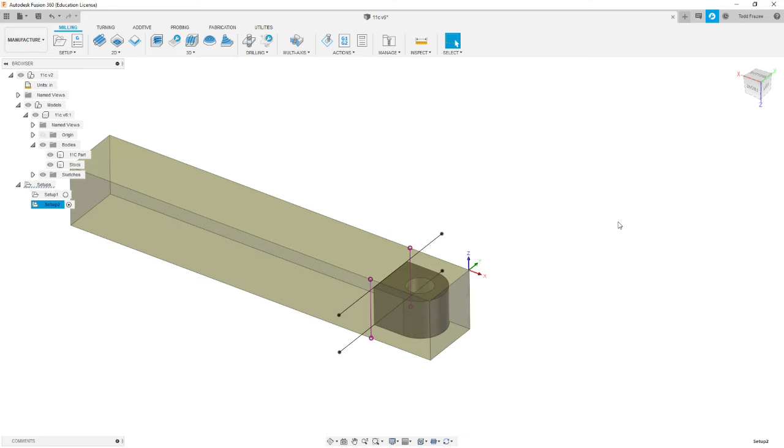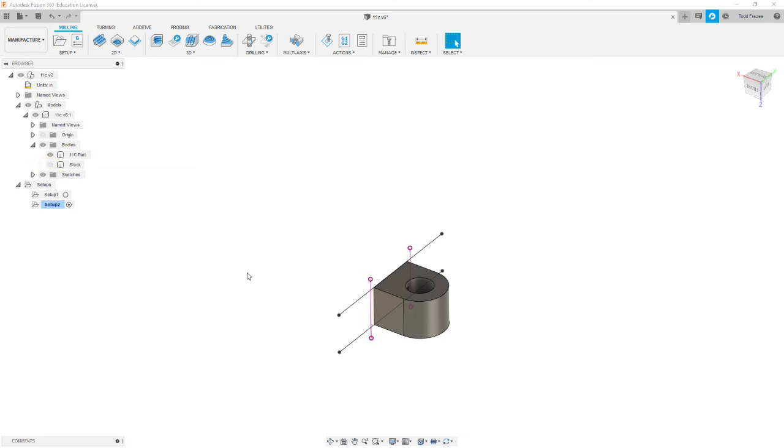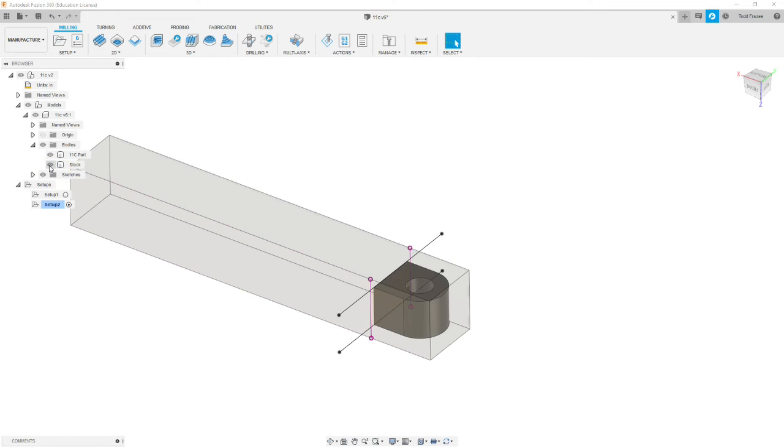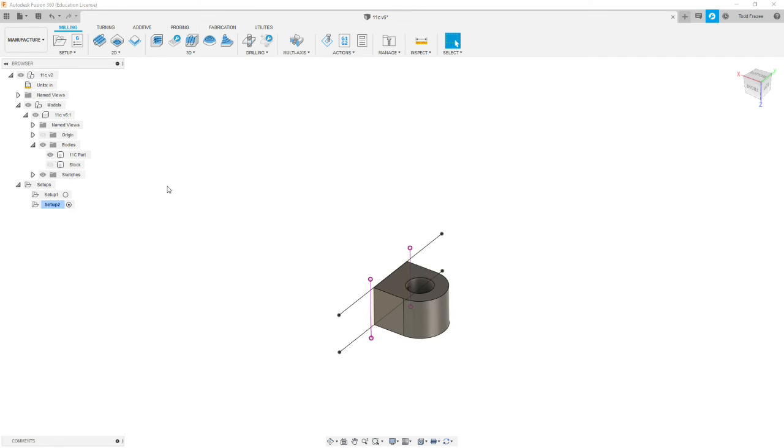Now for our third operation, we're planning to have this cut off from the stock. So the stock model becomes irrelevant for the third operation. So we will hide the stock by pressing the I icon next to the word stock. And that's going to hide the model body we were using to define the stock with. We're going to set up,